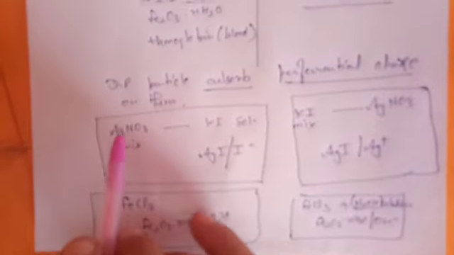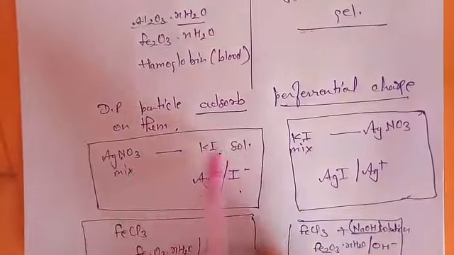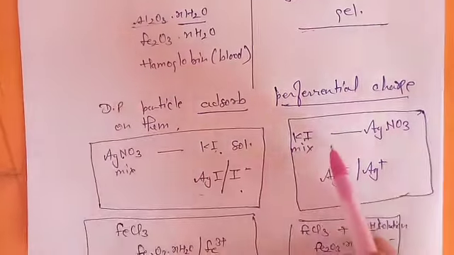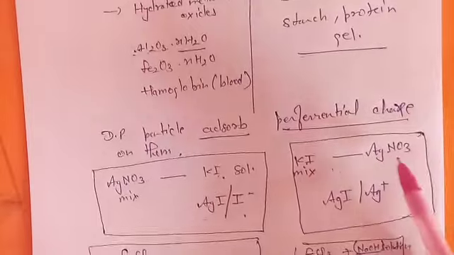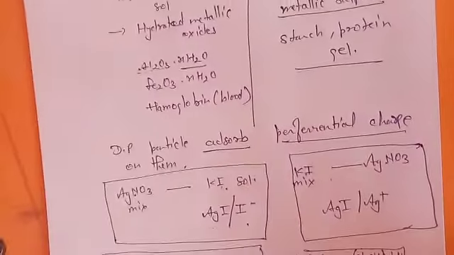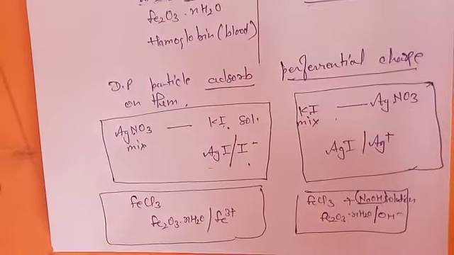I am again telling you, if you mix silver nitrate into potassium iodide, you get a negatively charged sol. Potassium iodide into silver nitrate gives a positively charged sol. There is only a slight difference. In the first condition, potassium iodide is in greater amount. In the second condition, silver nitrate is present in the larger amount. That is why these colloidal particles result in the preparation of lyophobic positively as well as negatively charged sols, or colloids you can say.